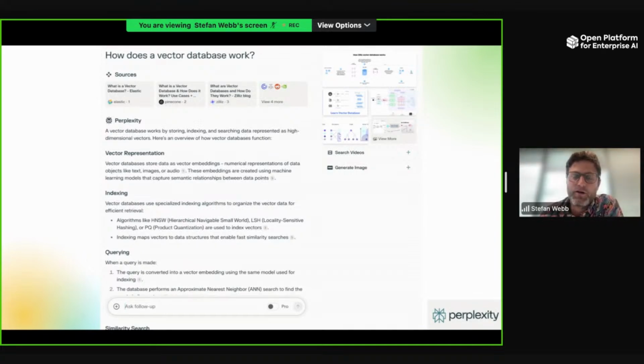What are vector databases and how do they work? So I think this is, if you haven't used perplexity.ai or some other semantic search web engine, I really encourage it, to see how different and exciting it is from traditional Google search, for example. I think this is one of the killer applications of generative AI. And this is something where vector databases are a fundamental component. So you wouldn't be able to build this without efficient, effective, scalable vector databases.